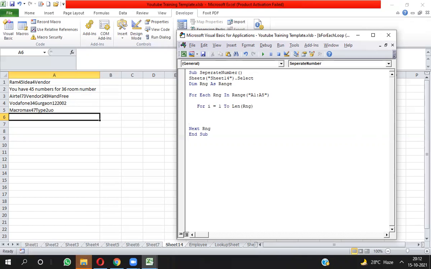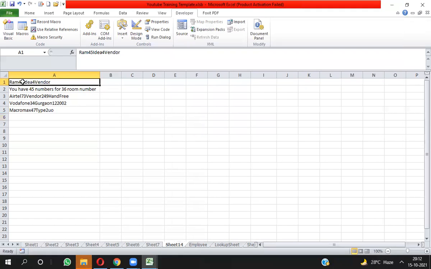Now I will close the for loop with Next I. Here I will take character reading. Whatever characters are available, R, A, M is a character. I have to pick one character at a time and check in a condition whether it is a number or text.